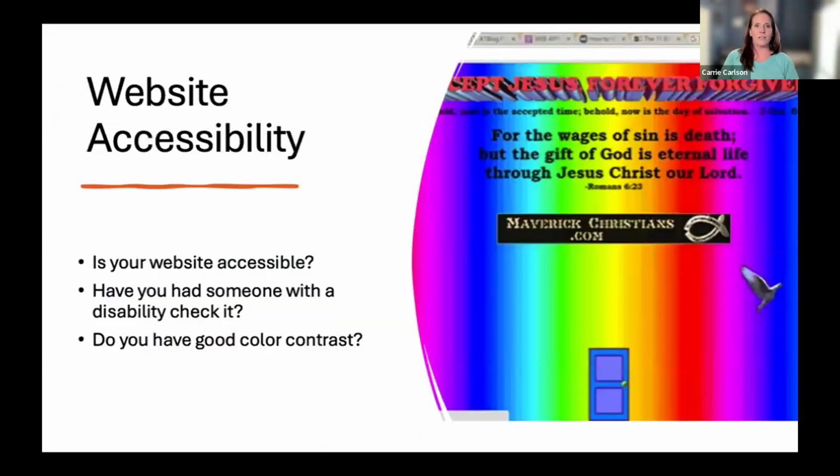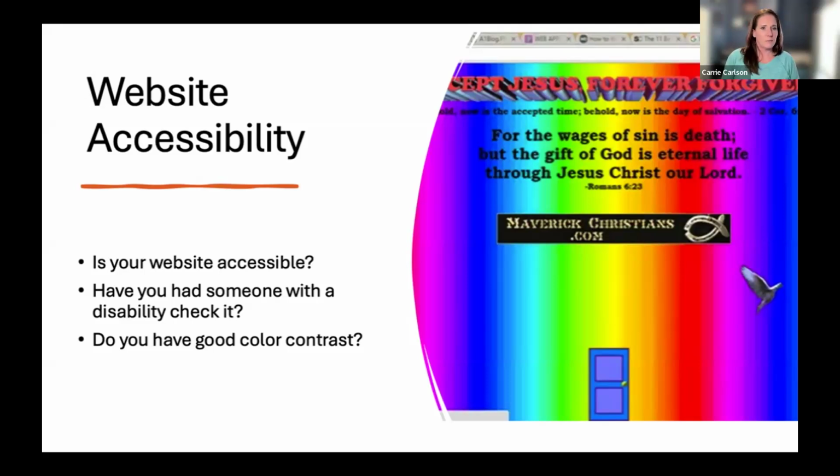And I'm going to go to the next slide, and it says website accessibility. And on the right-hand side of the screen, I pulled this image off of the internet, and there is a lot of things going on here, but there's a rainbow. It's got red, blue in the background. And then there's a lot of different words and a door at the bottom. Now, I cannot see a lot of this because it is not accessible to me. So I pulled it off of there as an example, and you guys might be seeing something else, but just a really good example of something that's not accessible, right?